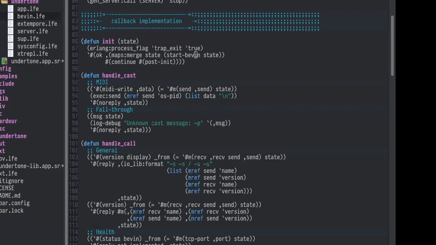Using ports, it's slower, but it's much safer. If the other operating system process crashes because it's got an error in it, the worst thing that'll happen is your port will close, and you'll just find out about that. Most of the things that I've needed, the communication that happens back and forth inside the open ports is plenty sufficient. I need stability more than I need any sort of speed in communication.